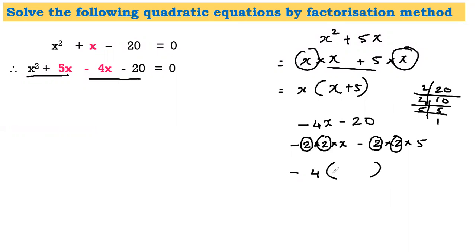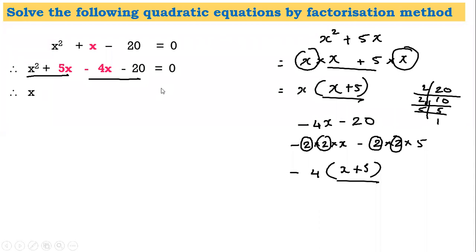What is very important to understand and remember is, if I take minus common, the sign inside the bracket will change, because minus into plus will give me minus. So I've changed the sign. Be very careful: if there is minus outside the bracket, the sign inside the bracket will change. What remains is x, minus became plus, and 5. These two brackets should always be the same, as you have observed in the previous sums as well. So that becomes a checkpoint.